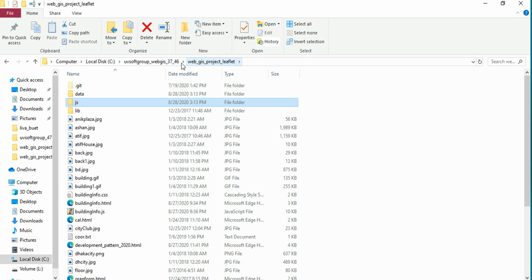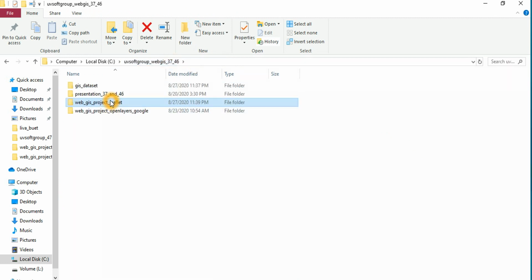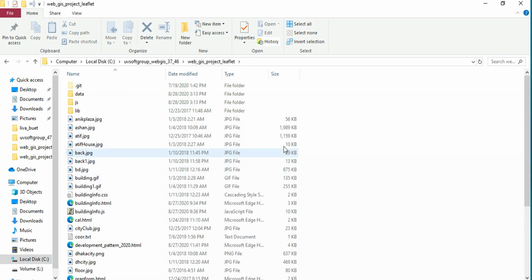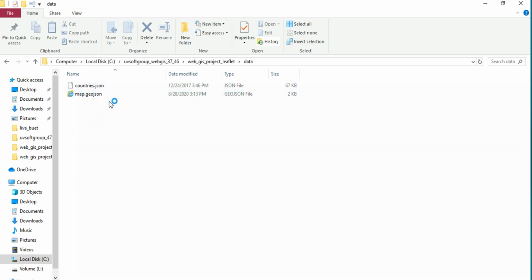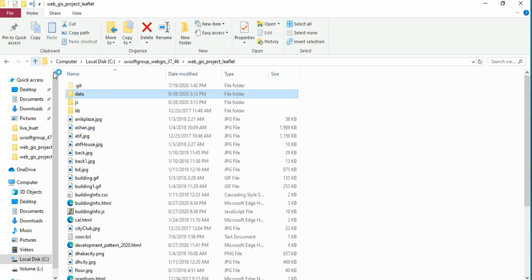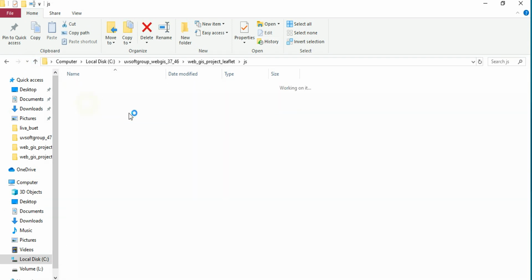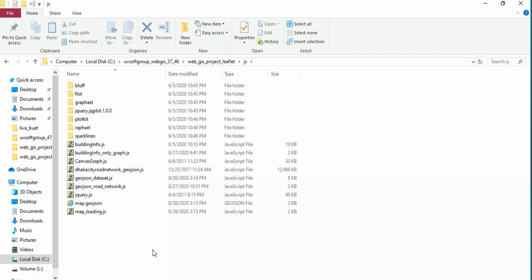You have a root directory, and in it some Leaflet projects with a very specific structure. It has a data directory, where all the necessary JSON or GeoJSON files go, and then a JavaScript library directory.